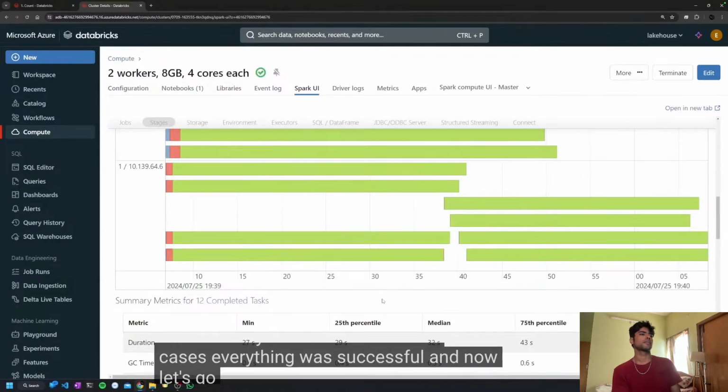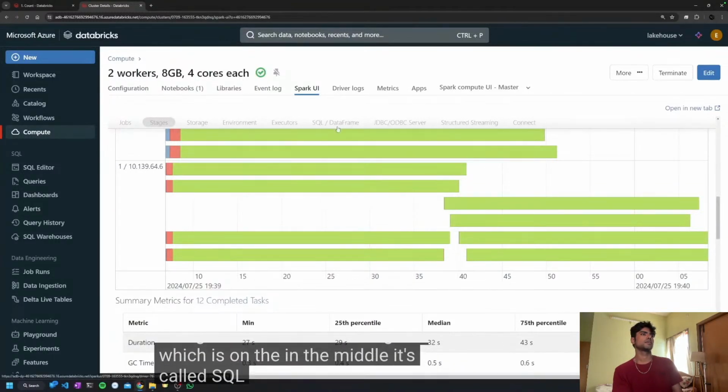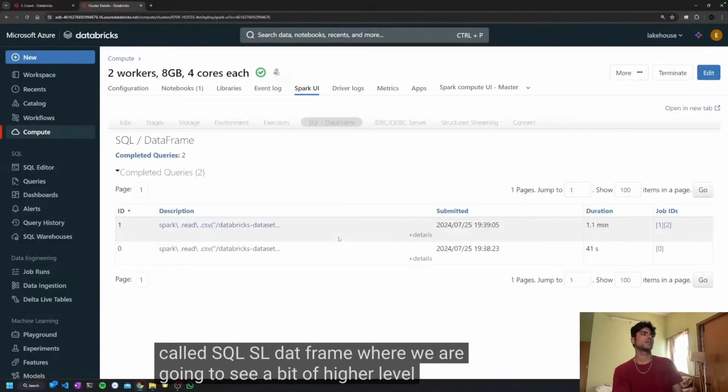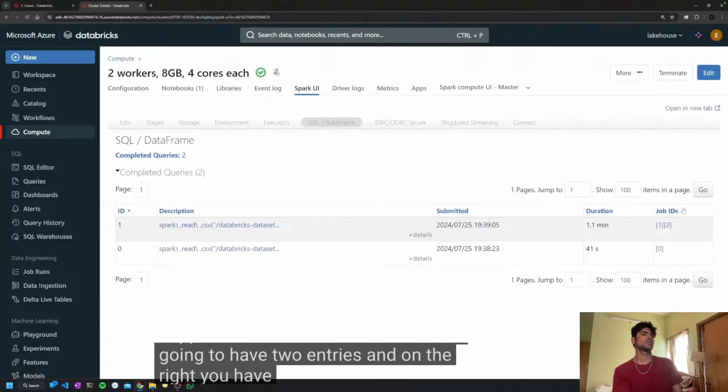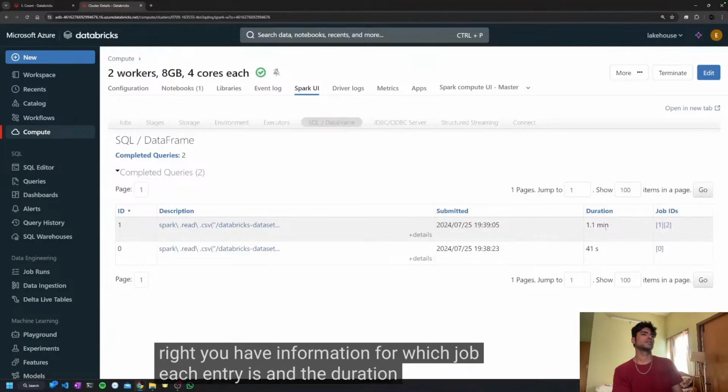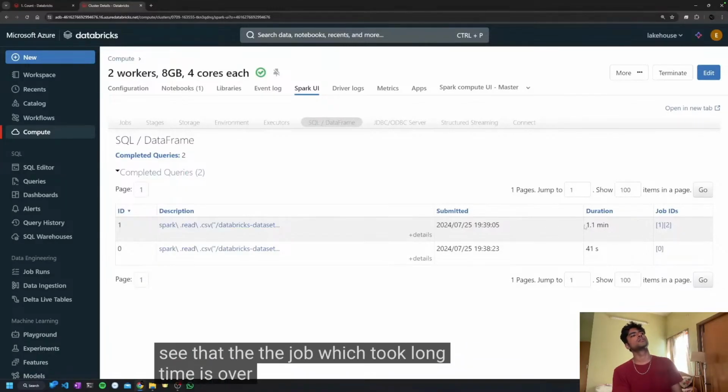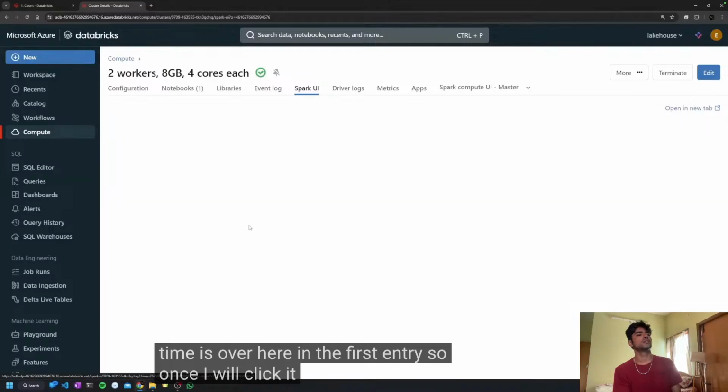And now let's go to another interesting tab, which is in the middle. It's called SQL/DataFrame, where we are going to see a bit higher level, a bit of aggregated information of what happened. So in our case here, we're going to have 2 entries. And on the right, you have information for which job each entry is and the duration. And we see that the job which took a long time is over here in the first entry. So once I click it, it will take us essentially to the